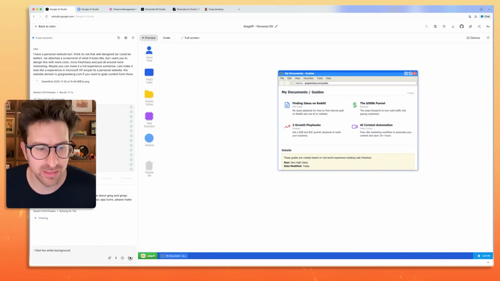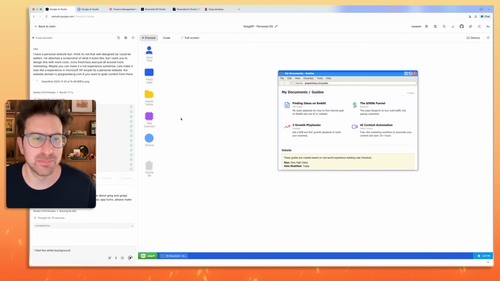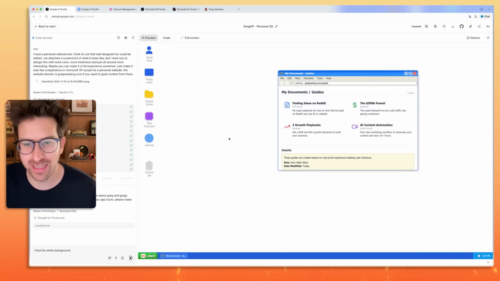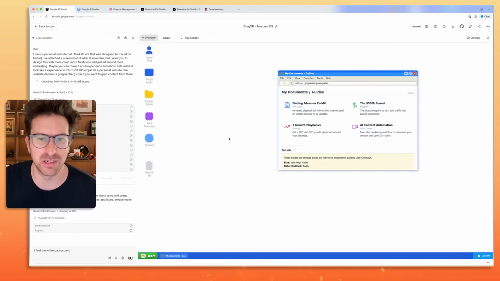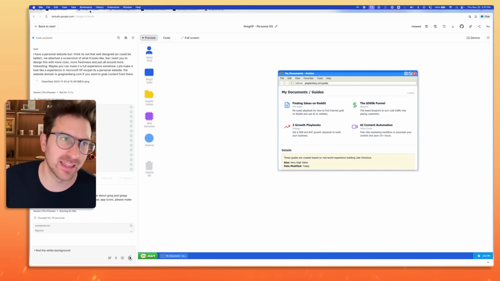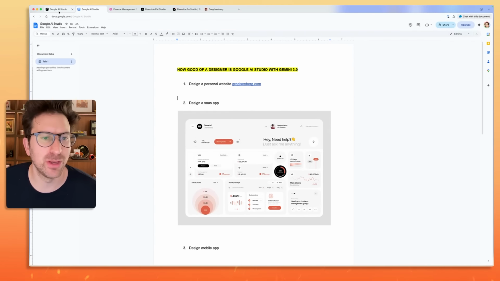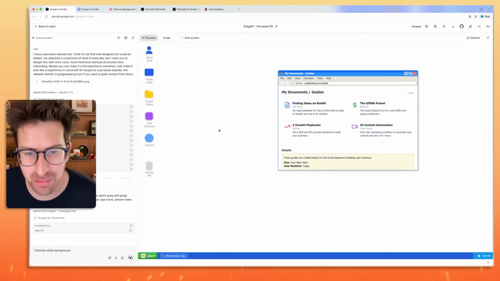So let's let this think and update. And then after that, let's go and annotate the background, try to get it to a place where it looks a little bit better. And once we're done with that, we will move on to, can we design a SaaS app? I know a lot of people listening